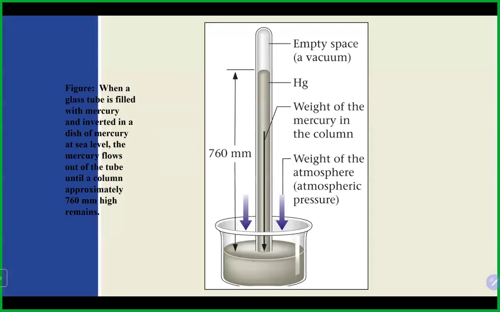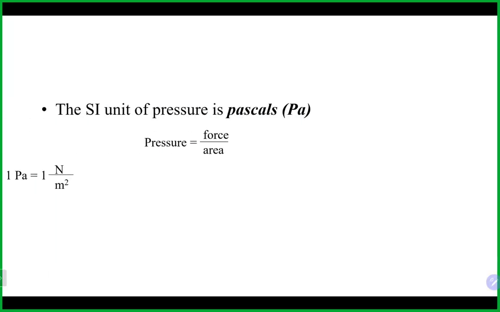Here's a picture of a barometer. And again, as I mentioned, atmospheric pressure comes down on the mercury, giving you that upside down meniscus. And like I said, there usually is a ruler on there that you just take a reading from. A lot of times it's in inches or centimeters, and we convert it to millimeters of mercury, which is a common one.